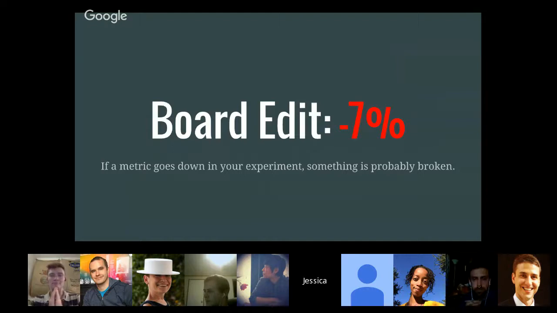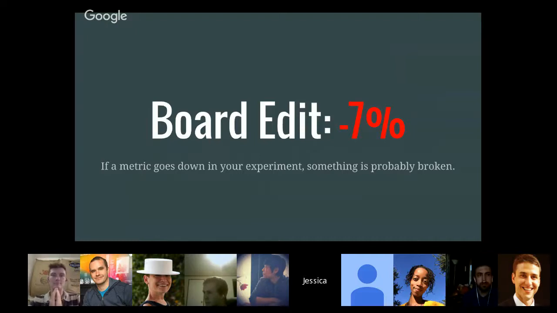Now this is kind of more luck. I actually got a bug from a different area of the site, not related to board edits, where elements were appearing in weird places on the screen only in certain browsers. That was an aha moment, and fixing that bug actually resolved the board edit regression. I was able to see my metrics start to consolidate, and the delta was disappearing. I was even able to monitor as the deploy went out that, yay, people are now editing boards at the same rate inside and outside the experiment.